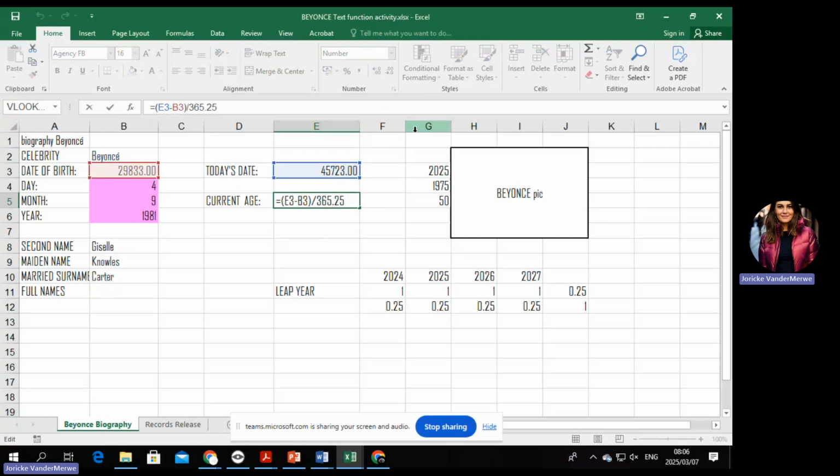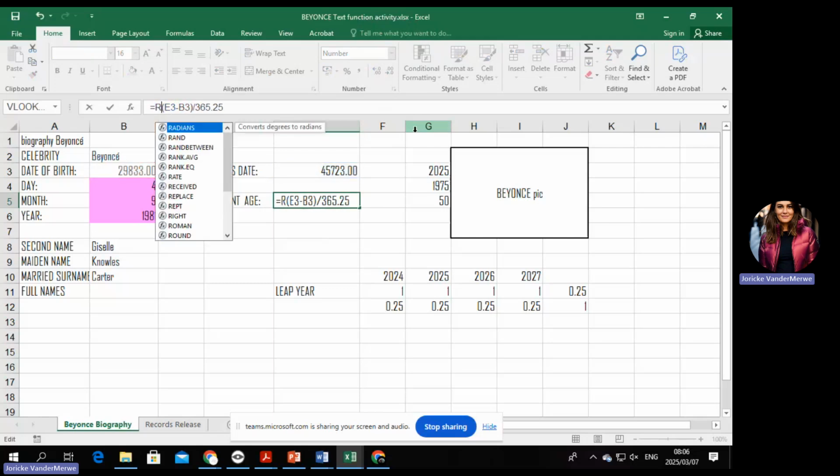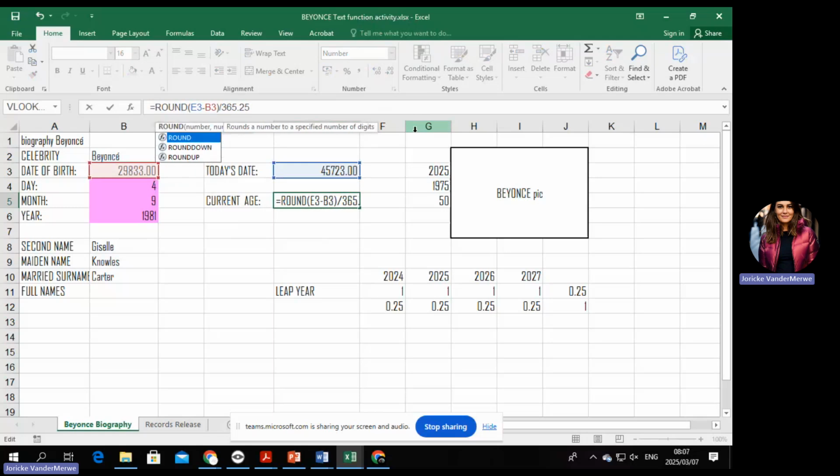So now in order for us to do that, you can start with round. I just like to do it at the end. It's easier for me. Now just think about it. You're inserting a function, which means for each function you are entering there, you should also put in a bracket. To help you with that, you must see that you've got one red bracket and another red one. You've got one black bracket.